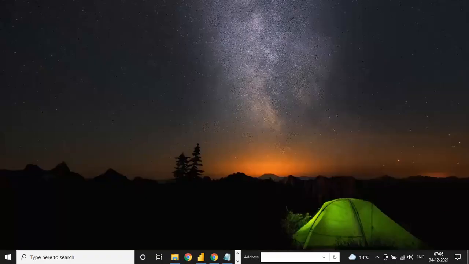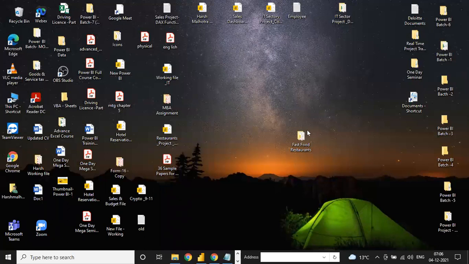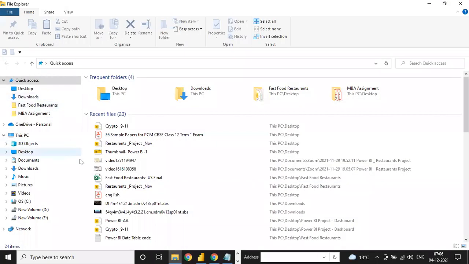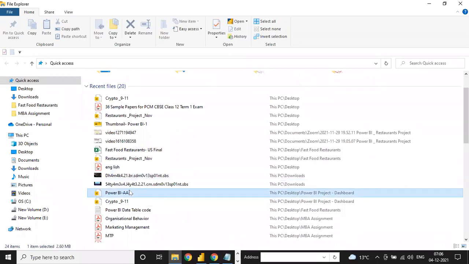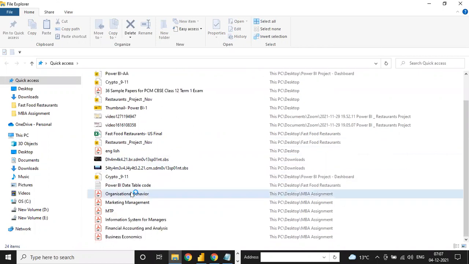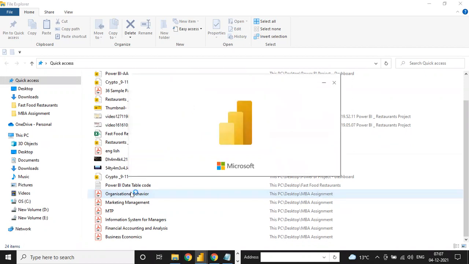Let me open my sheet. Where is the sheet? Suppose I open this one and show how to open a Power BI file, because some people have doubts about it. Suppose you have a Power BI file. Just double click on this file and then you can open it. Sometimes you will get an error that you are not able to open the file because the data link is not available on your desktop.